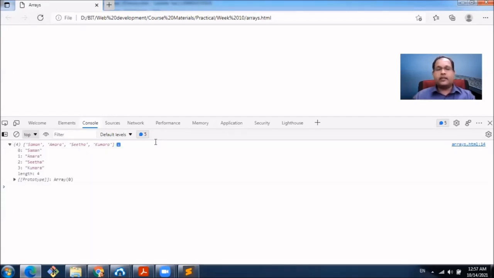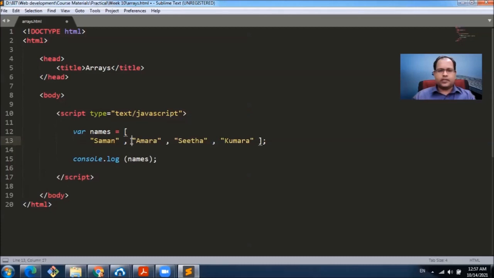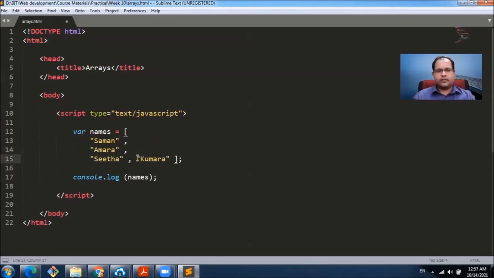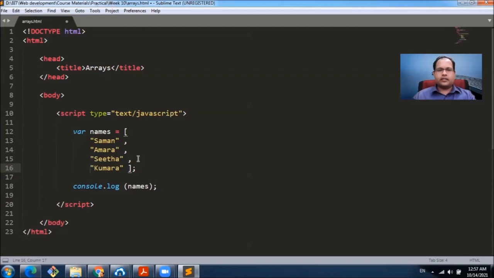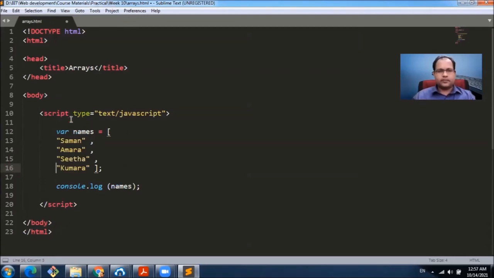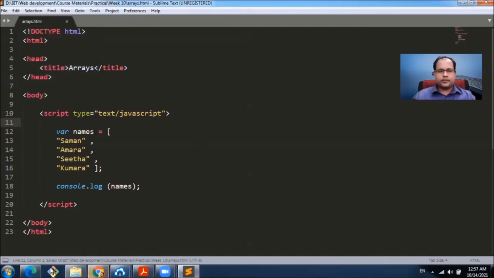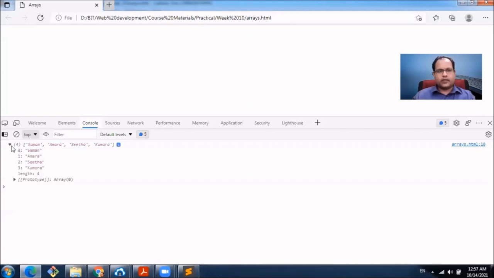Now this is a very convenient way to hold many names in a single variable. When we specify these arrays, it's okay to specify each element in a new line. It is supported in JavaScript. Something like this. Even we can format the code. Save it. It works.